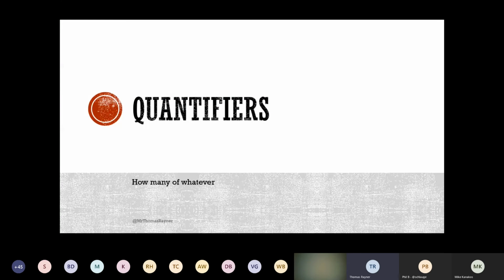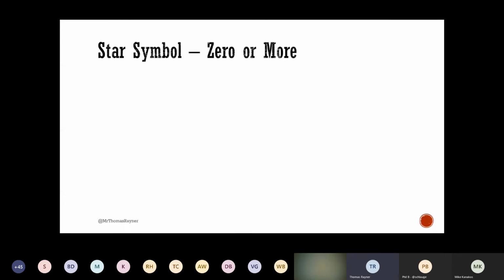And now, actually, we're going to talk about the star character first. Quantifiers are used in regular expressions to save you from having to specify exactly how many of a thing in a row you want. It'll make more sense in an example. Here we have something that looks almost exactly the same as some of our other examples. We have a string on the left, and then we're seeing if the pattern on the right is found in it.